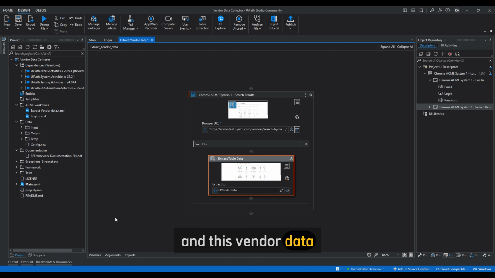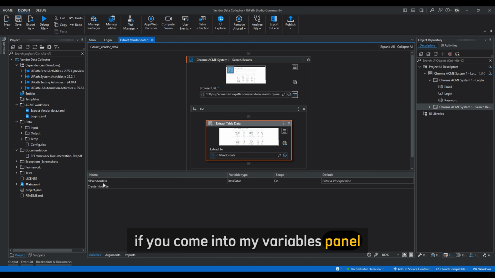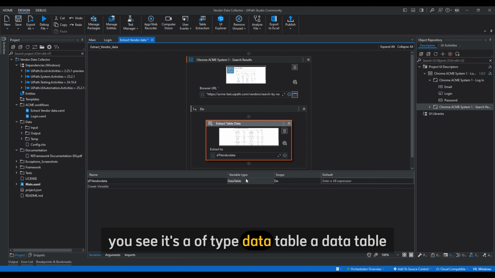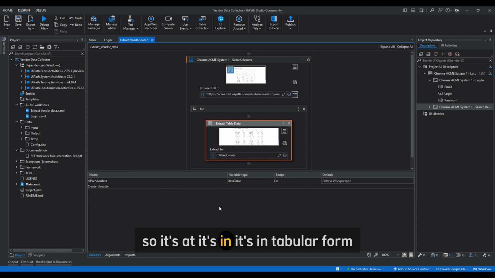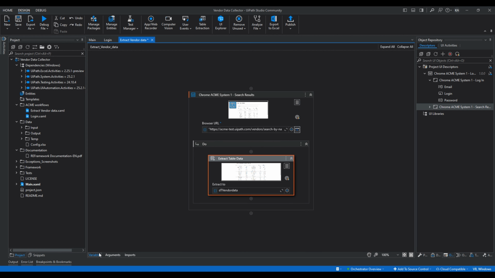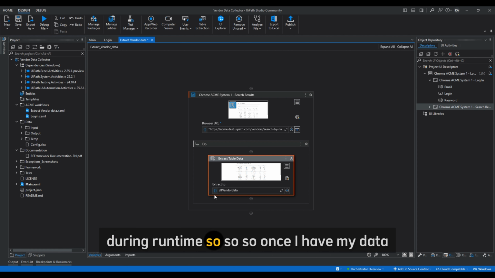And this vendor data, if you come into my variables panel, you see it's of type data table. A data table, you can call it Excel in memory. So it's in tabular form, but it is in memory. It gives you the capacity to manipulate data in a tabular form within memory during runtime. So once I have my data,